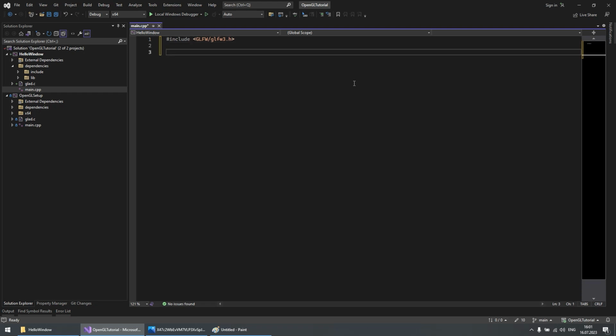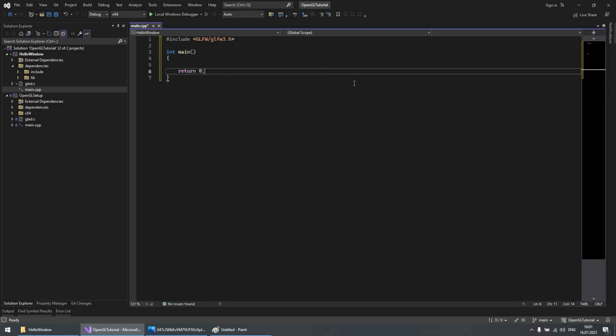Then we need a main function which returns 0. Return 0 means success. The next step is initializing the GLFW library, and if we call glfwInit, it will initialize GLFW, but this function returns true or false, which means if it wasn't successful it will return false, otherwise it will return true.